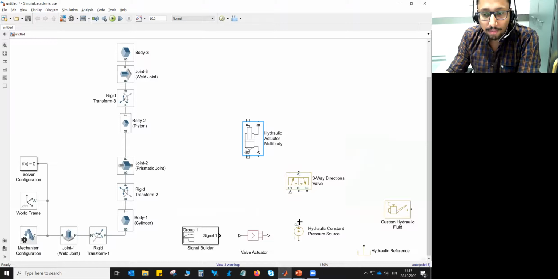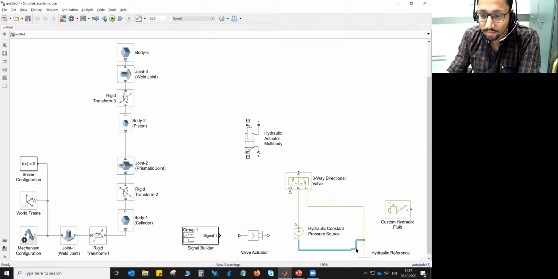So basically the pump is connected to the directional control valve. So connect this with the pump. And the tank is also connected to the directional control valve. So this T port can be connected to the hydraulic reference. The pump also needs to be connected to some reference point, which should be tank, as shown here.